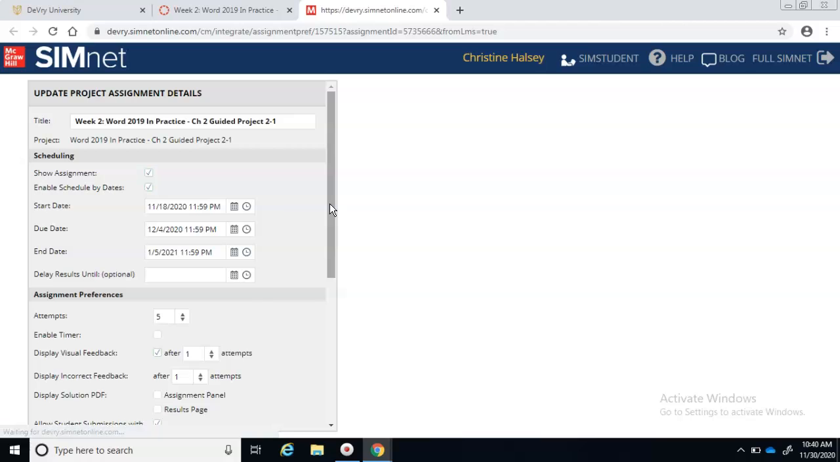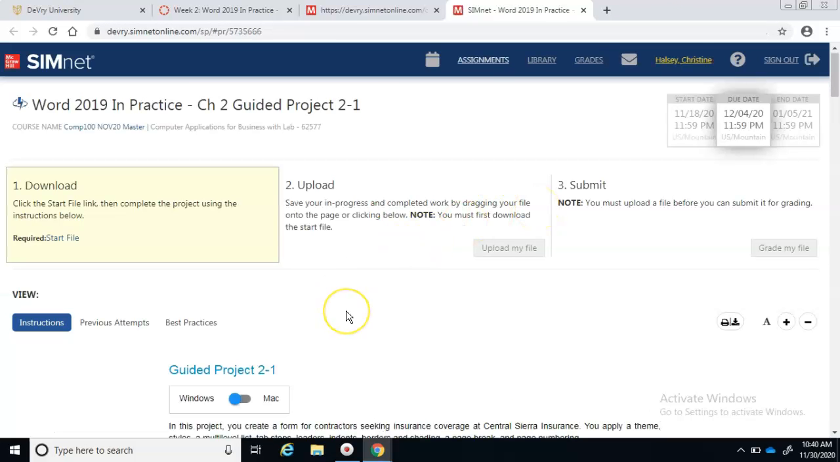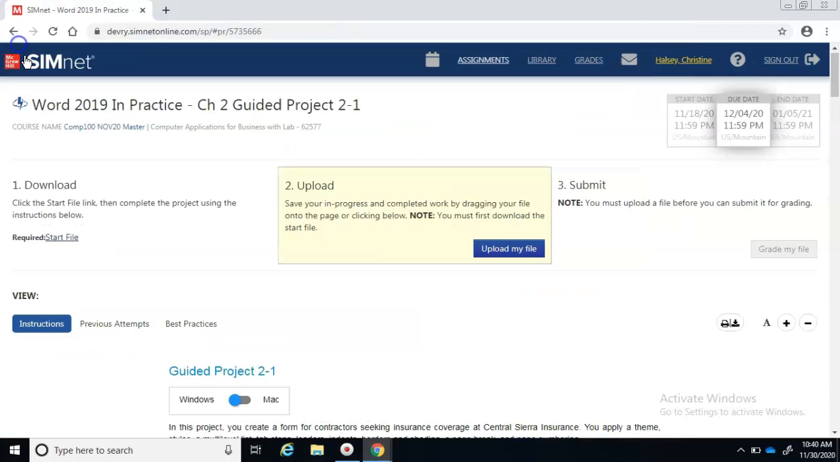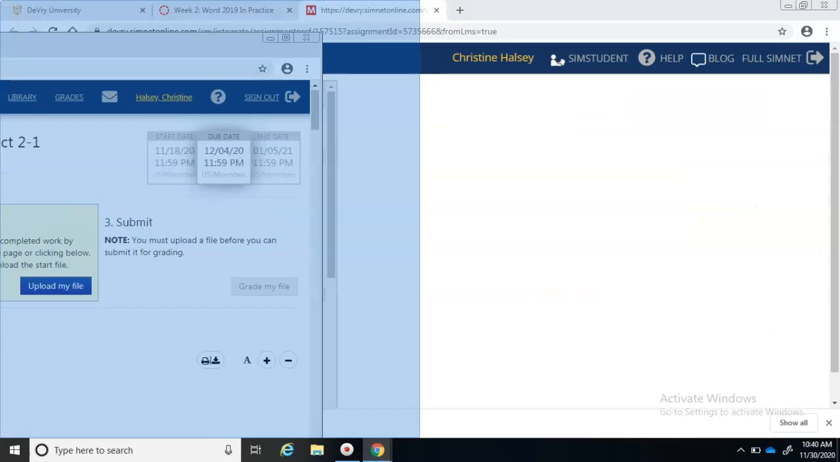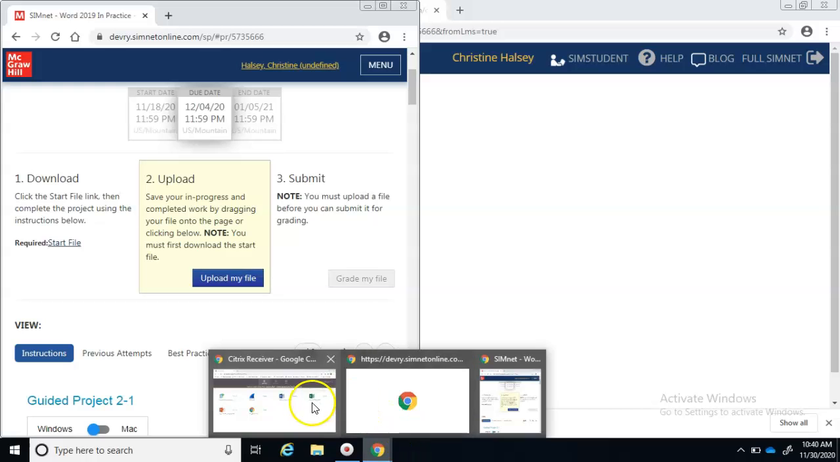Click the blue bar and your screen should come up looking like this. Okay, we're going to download this start file. Do not open it from here, but this is the page with my instructions. So I'm going to move it to one side and then I'm going to come back to